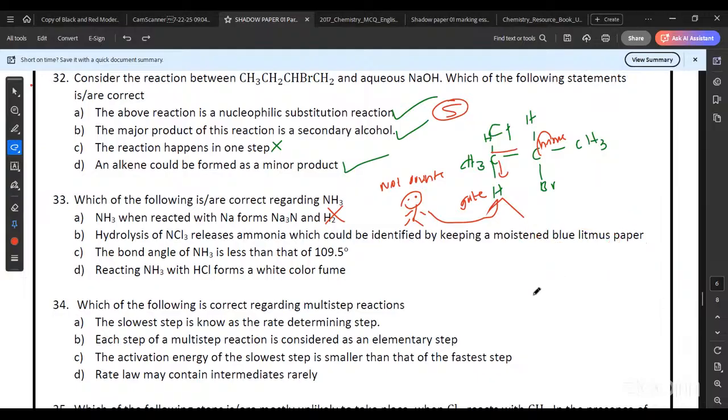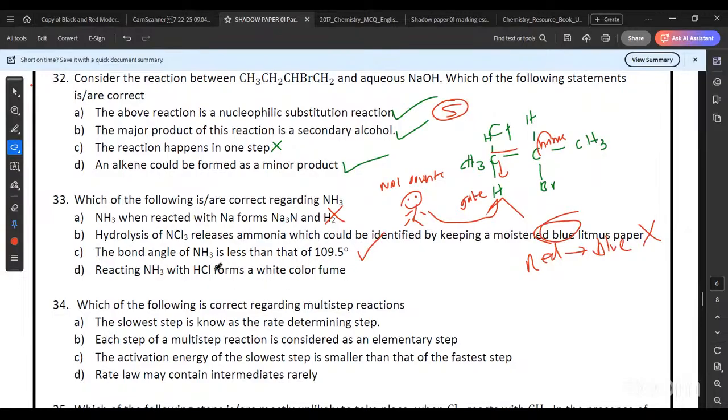People, ammonia is basic. Blue litmus won't change, people. Only red litmus will convert to blue. Right? Only red litmus will convert to blue. So saying blue is wrong here. The bond angle of ammonia is less than